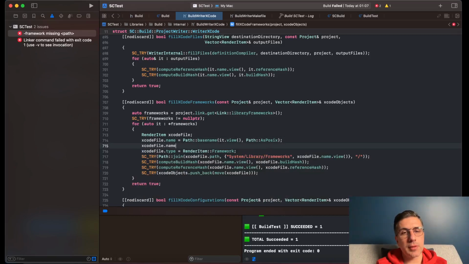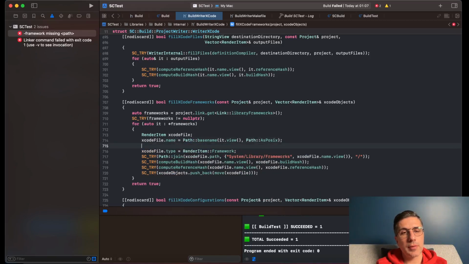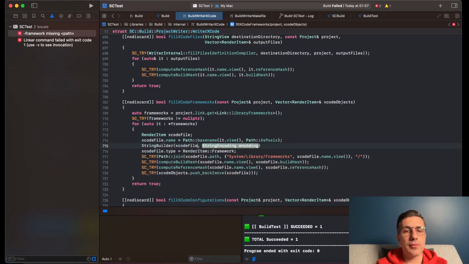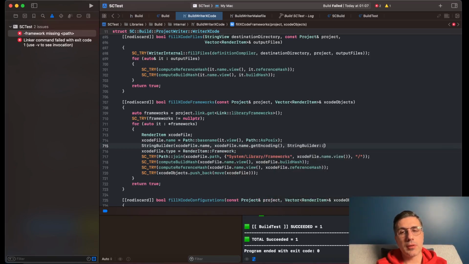Xcode file.name.app. Is this a string? So I can do string builder Xcode file.name string. The encoding should be the same encoding. File.name get encoding,